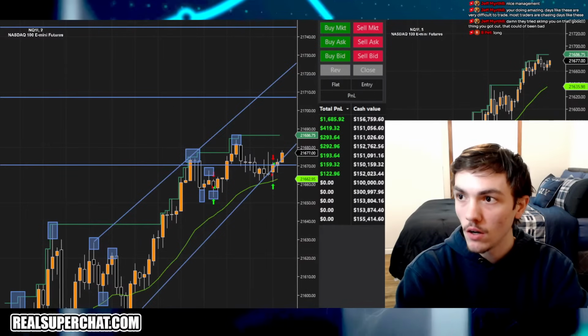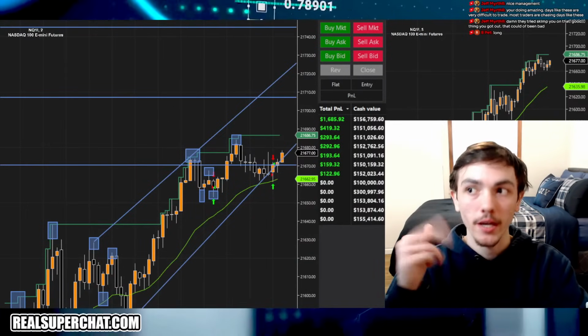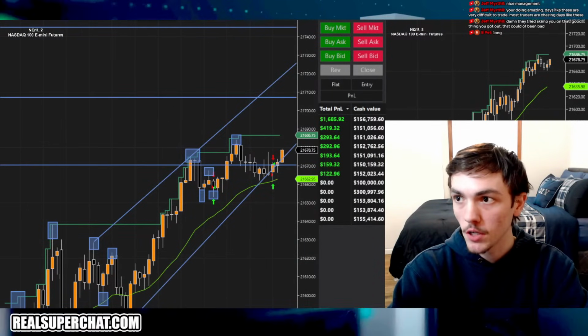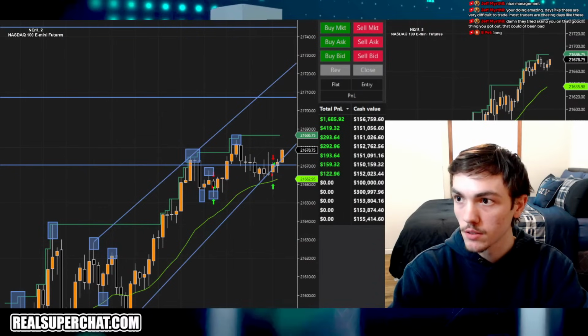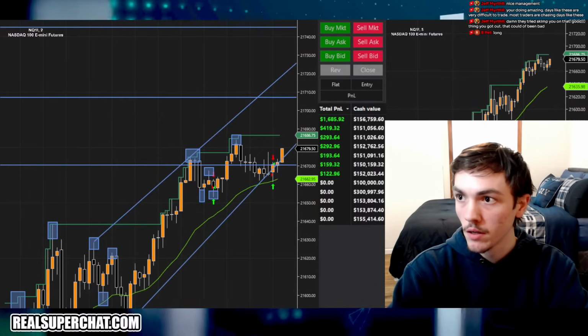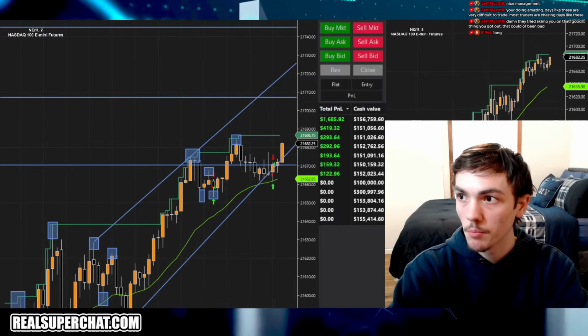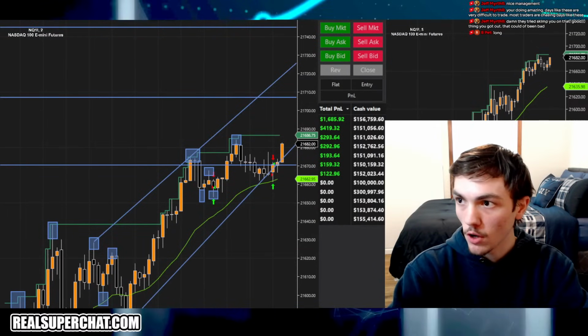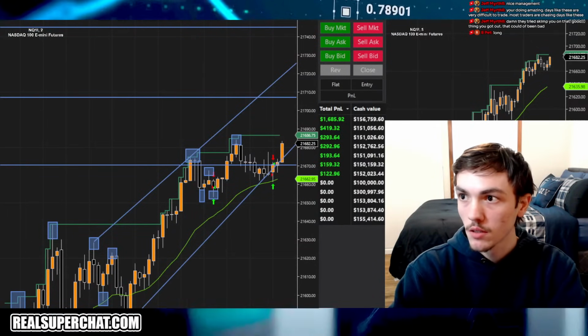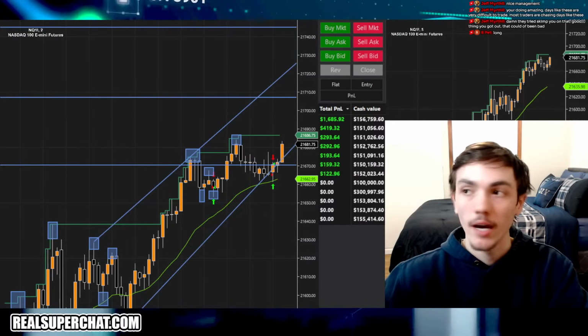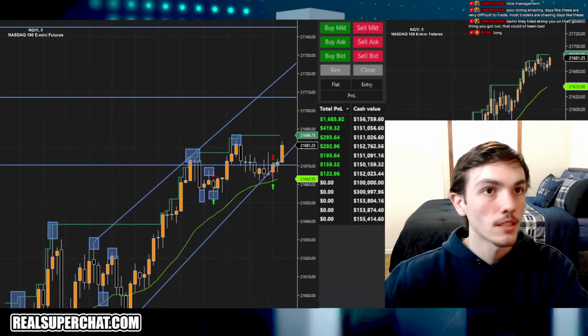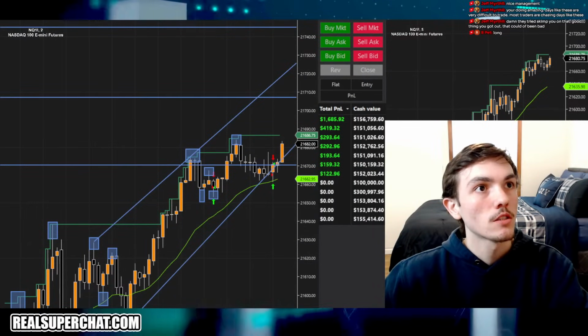Oh, whoever said long, it's looking good. This could be a fake wake up though to send it down. I don't think it is. Bounced off the 21 EMA, reclaim that pivot point at 21,600, and it is pumping. So far, it's bounced 20 points, about to tap the high of day at 21,686. Let's go, chat.